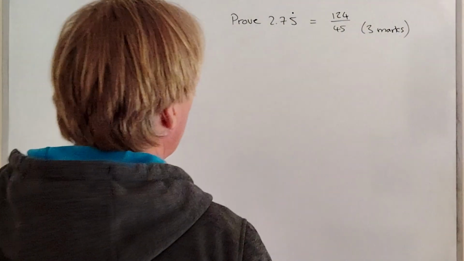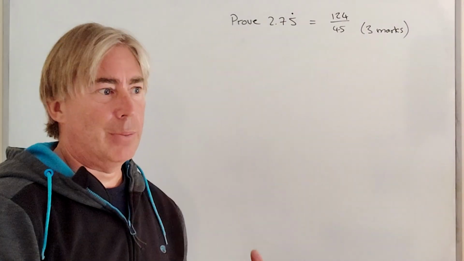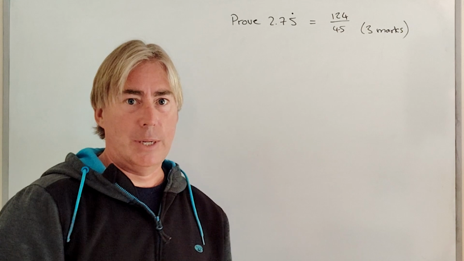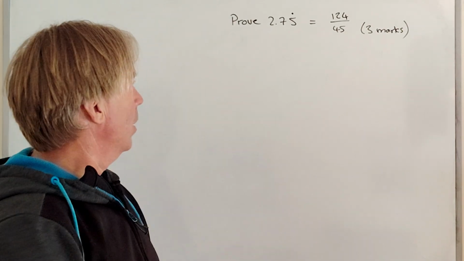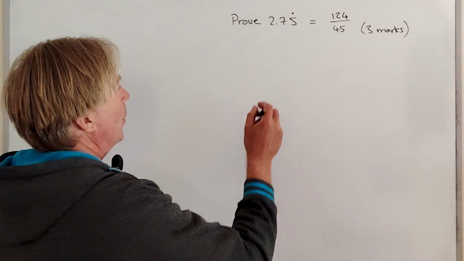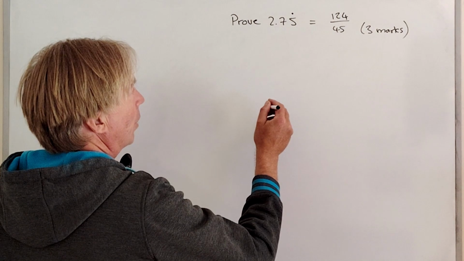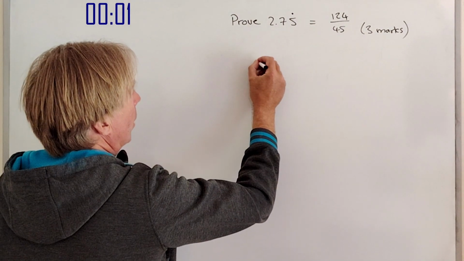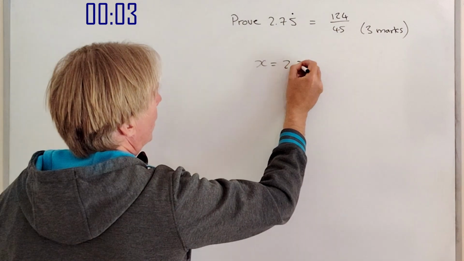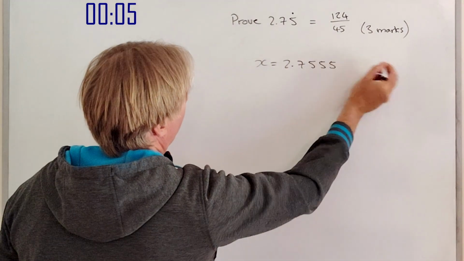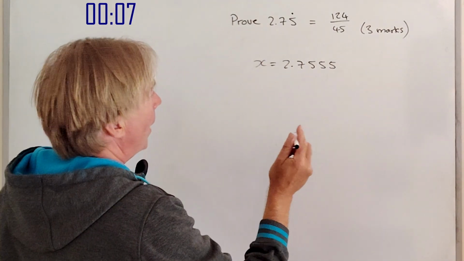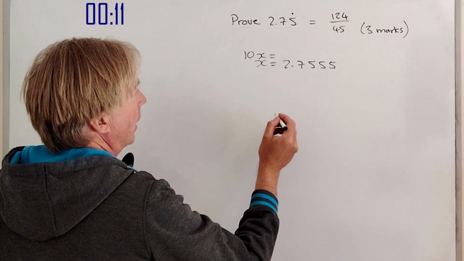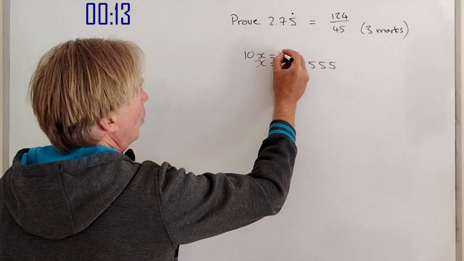So in a lot of higher papers you can make time gains by doing questions in less than a mark a minute. So here's an example of that. So we've got to prove that 2.75 recurring is 124 over 45. So let's go. So I know that x is equal to 2.7555 goes on forever. So what I'm now going to do is multiply that by 10 to get 10x. So that's going to be equal to